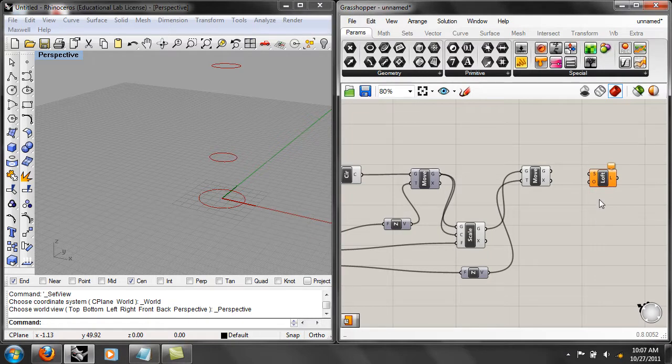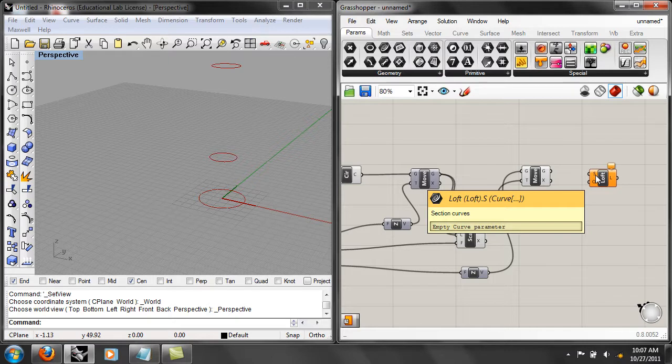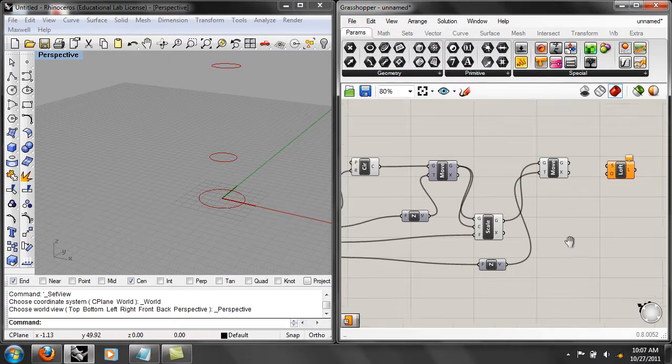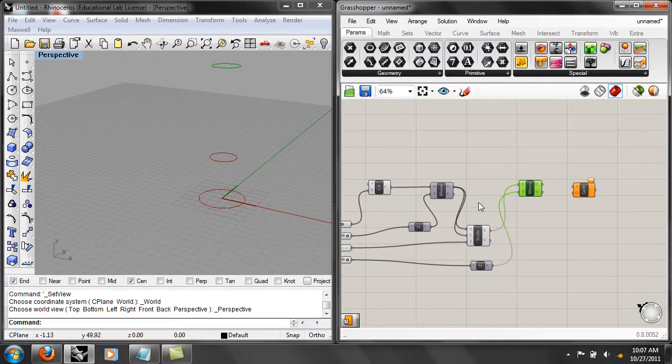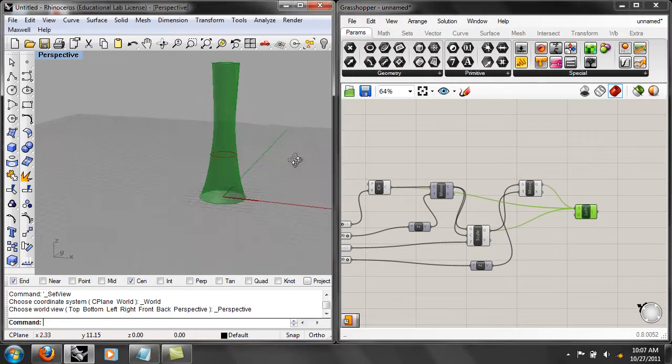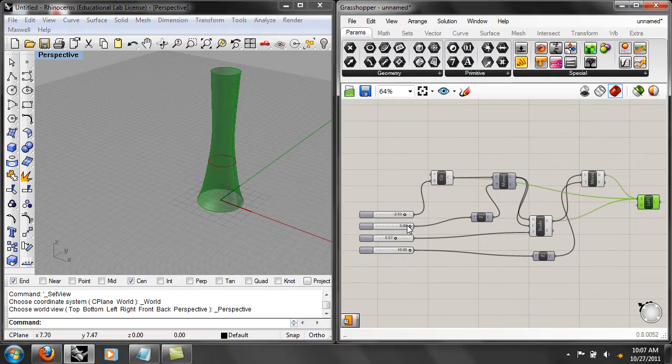Okay, how do I get more than one wire to go into a component? Shift, exactly. So it wants sections, which are curves. We have a whole mess of curves, right? That's a curve, and that's a curve. So we're going to take the mouse and put it in, then take this one and plug it in, and take that one and plug it in, and start to make that a loft. And that's going to be parametric. So if I adjust these, whoa,